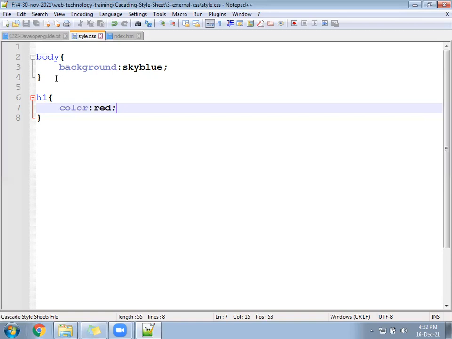Just directly write the style code. CSS code we can write directly because the file extension is .css.